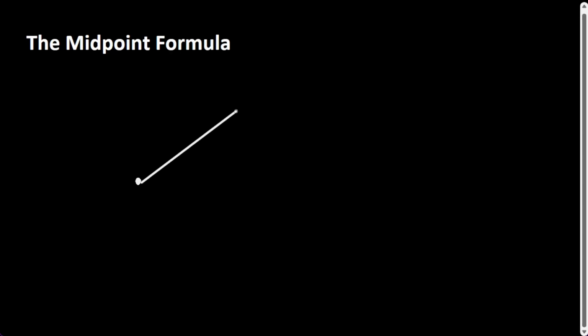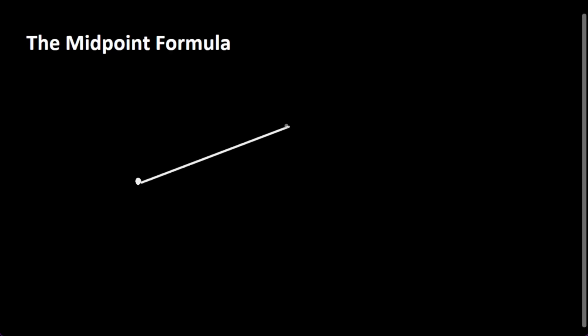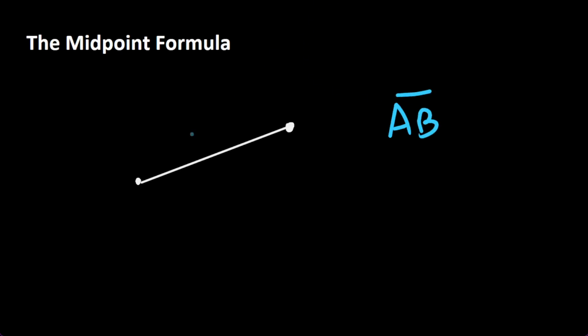Hey everyone, in this video we'll talk about the midpoint formula. So before we discuss that, let's go ahead and draw a line segment like this. We have this line segment, and let's call this line segment AB, with the bar above it. That means that this endpoint is A, and this endpoint is B,